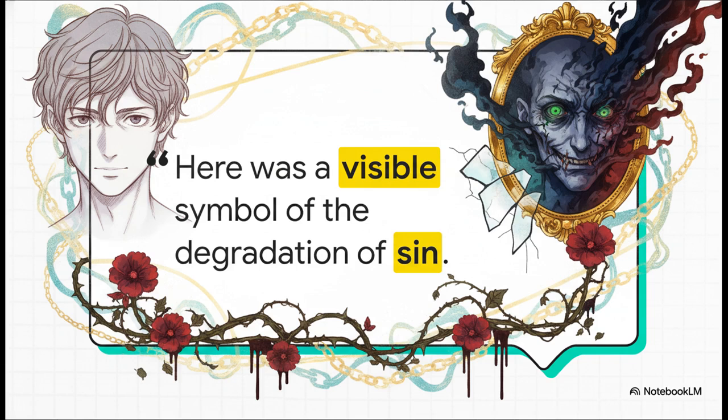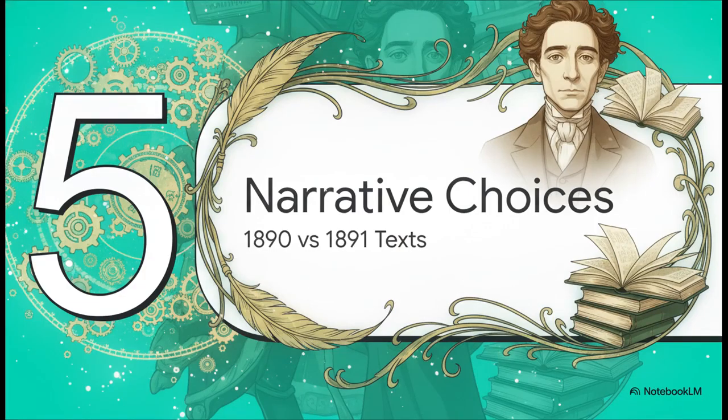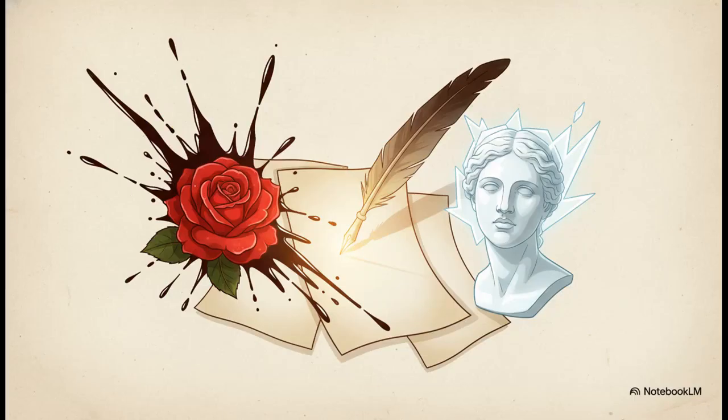This proves that despite all of Lord Henry's aesthetic posturing, a deeply ingrained, almost inescapable moral conscience still haunts the narrative. Dorian tries so hard to live without morals, but the portrait forces him to see his own soul. And finally, Section 5. Decoding Wilde's narrative choices, looking at the 1890 versus the 1891 texts. Okay, so for true A-grade contextual mastery, you need to understand exactly why Wilde actively revised his own text between the magazine publication in 1890 and the novel release in 1891.